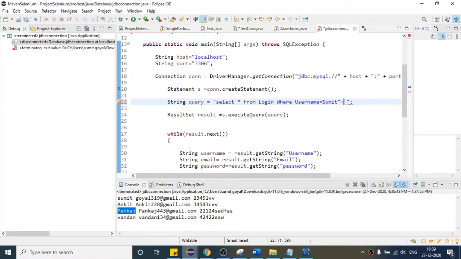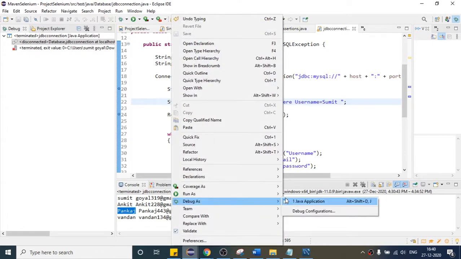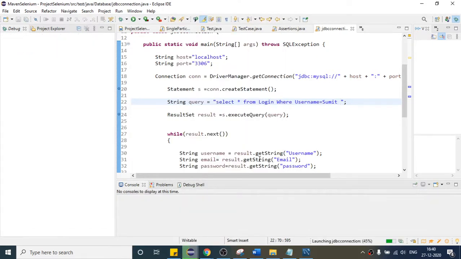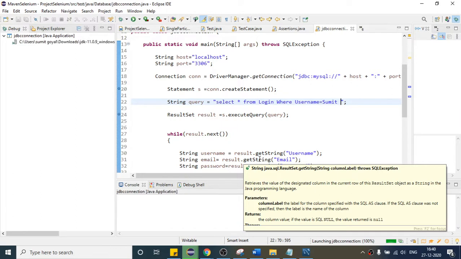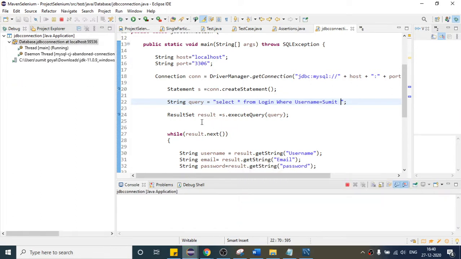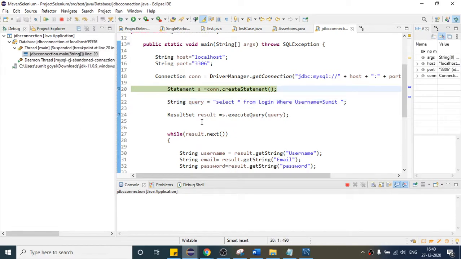Let us check as of now this one. So if I just execute this till this point, how it will come? Again, we started in debug mode. So we are here. As of now, we are here.